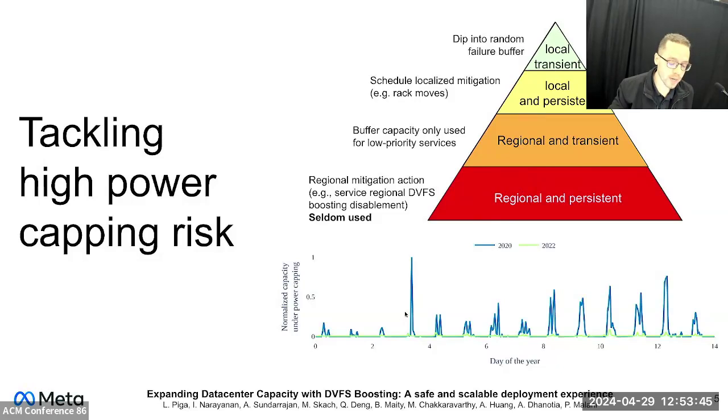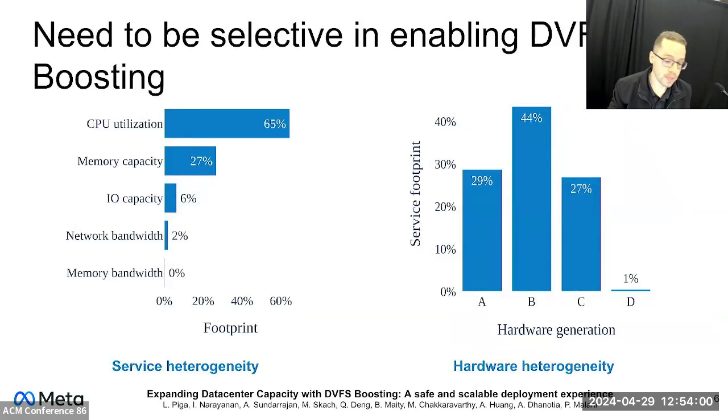With this framework, we can reduce, like in this figure, where we compare the years 2020 and 2022. So we can see that we could reduce the risk of power capping. So now that we know how to manage power cap risks, let's come back to DVFS boosting. So we have service